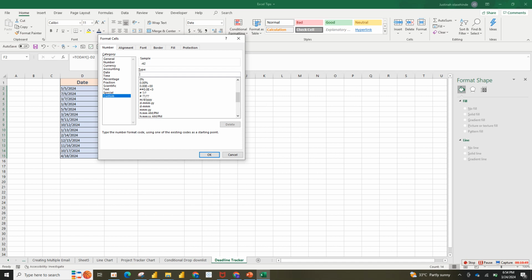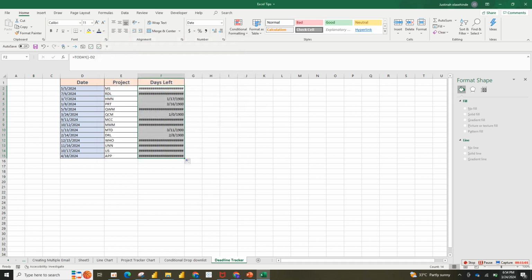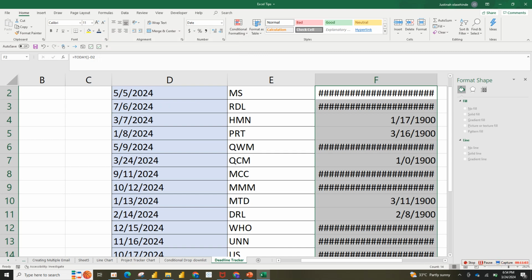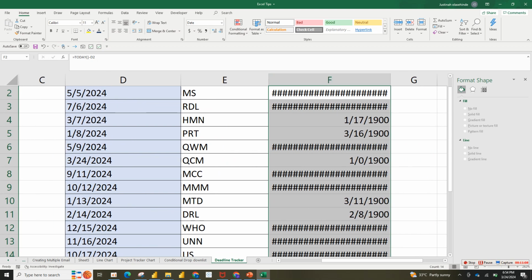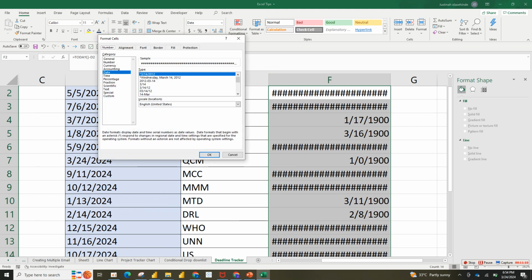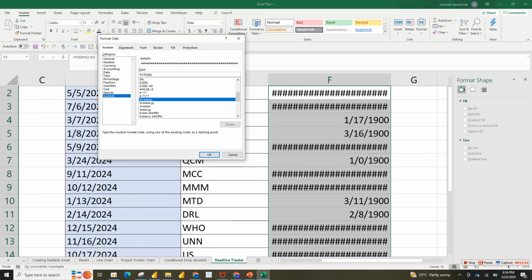Let me zoom it so you'll be able to view it very well. So now I'll come right here, introduce your number formatting, go to custom, remove this, then use this particular bracket,